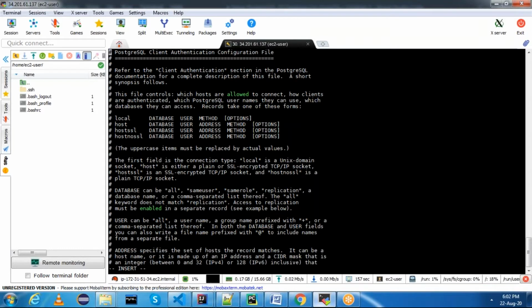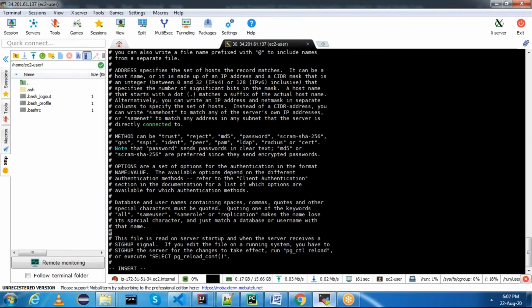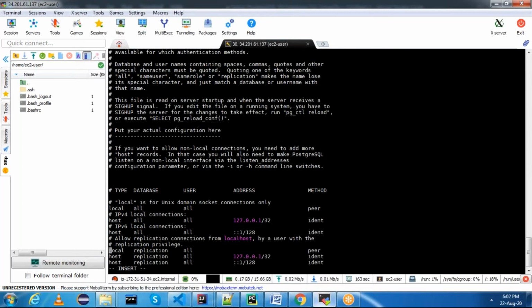And here we need to change the connection settings. If you observe, we have IPv4 local connections. Here you can make it some IP range, and ident you can change to MD5. Okay, I'm changing the authentication method to MD5, and for address, if you want to connect from anywhere, you can mention 0.0.0.0.